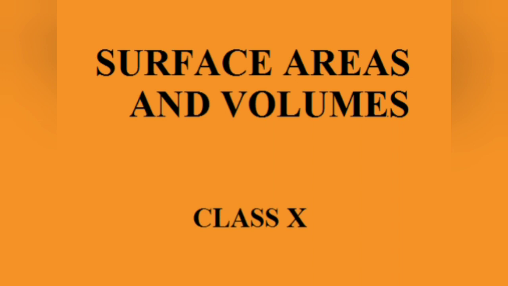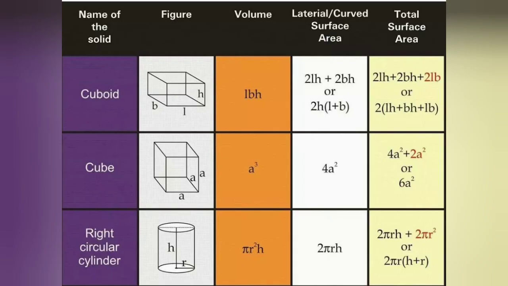So let's begin. The six basic shapes on which the whole chapter is based are cube, cuboid, right circular cylinder, right circular cone, sphere and hemisphere. You see this table. This table has been provided just to recapitulate what we did in class 9. Over here you would see the formulas for volumes, lateral surface area or curved surface area, and total surface area. You just have a look at how we did the formula derivations last year.